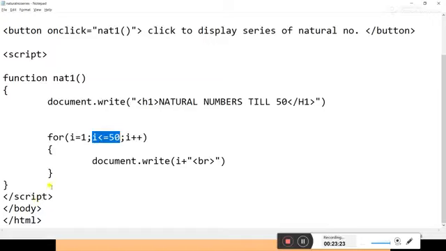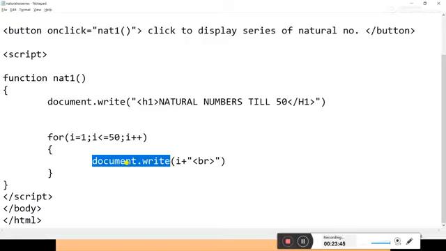After that, in this loop, what do I need to display? document.write, right? If you want to display 1, you need to write document.write in brackets 1, then document.write 2, document.write 3. So this statement repeats till 50 times.